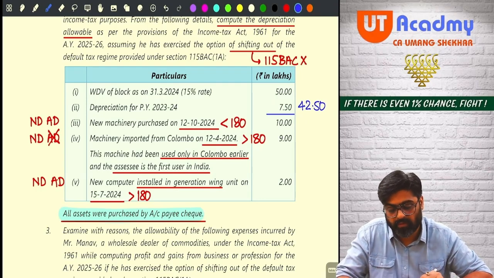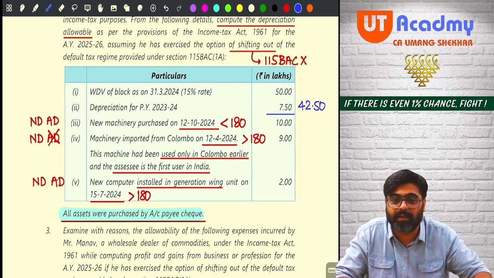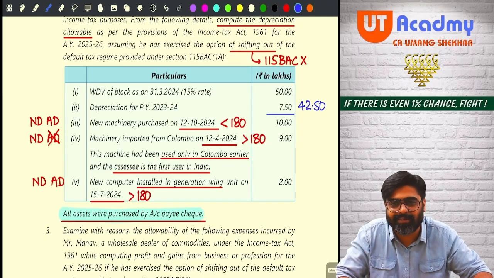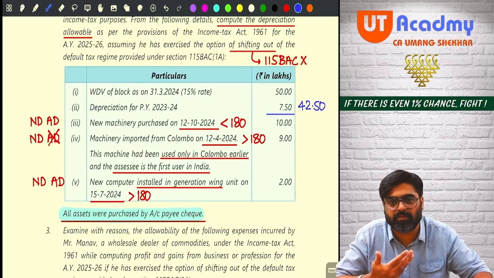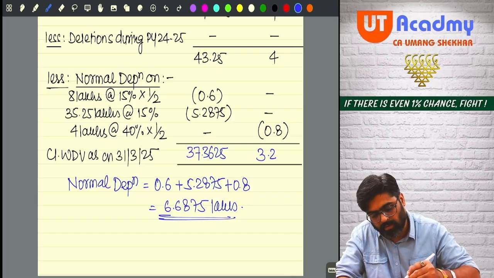Okay. Now, these two questions, they have not given in illustration. They have given in test your knowledge. If you don't solve all these questions and you go in the exams, these type of questions only they are asking. Come on, let's start.